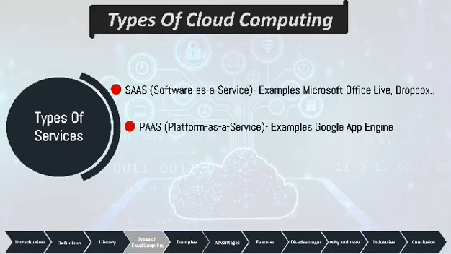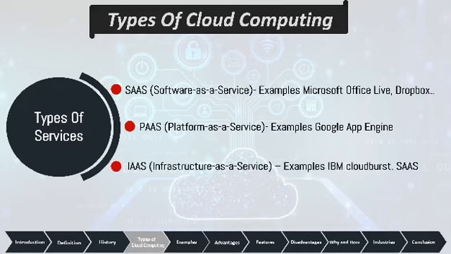The last one we're gonna talk about in the types of services is IaaS, which is Infrastructure as a Service. It is the most basic category of cloud computing service that allows you to rent IT infrastructure. While cloud infrastructure is the hardware and software components required for cloud computing, Infrastructure as a Service is a cloud model that gives organizations the ability to rent those infrastructure components.